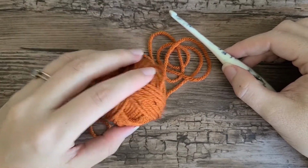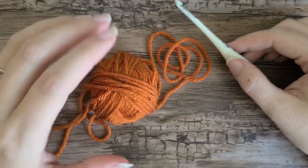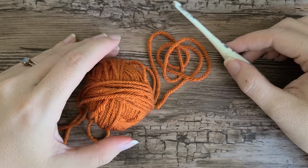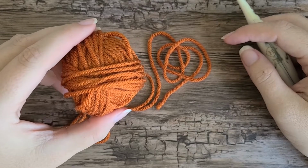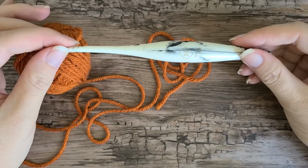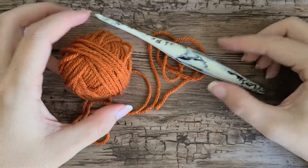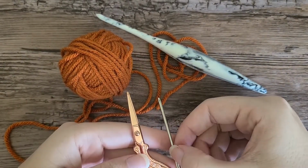You'll need, with medium weight, about 2 to 2.5 ounces of yarn, so not a whole lot. If you use a different weight, you might need more or less, so just keep in mind. Okay, so I'm using the medium 4. I love this yarn in burnt orange, it's so pretty, and my Furls Streamline crochet hook in 5mm, because it does correspond. You will also need some scissors and a tapestry needle,